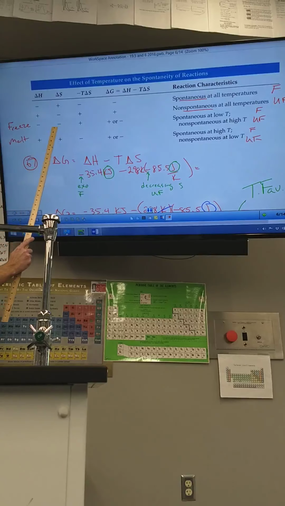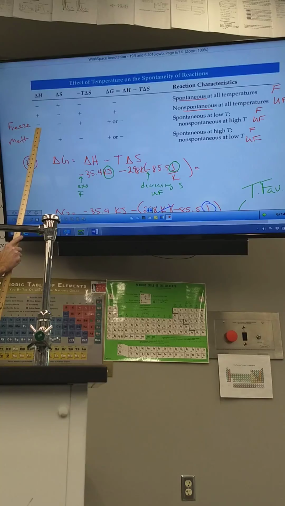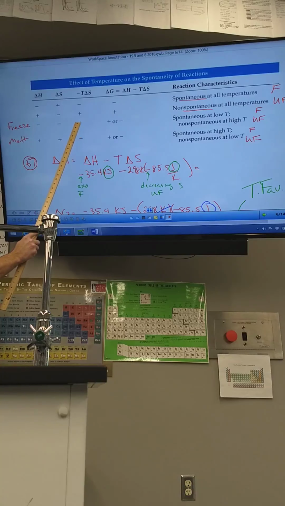Then you have your two temperature-dependent situations. That's where both signs are the same for delta H and delta S. If they're both negative, that means that this term is going to be positive, so you've got a negative and a positive term. This term is going to determine the sign at low temperatures. This will determine the sign at high temperatures. So this will be favorable at low